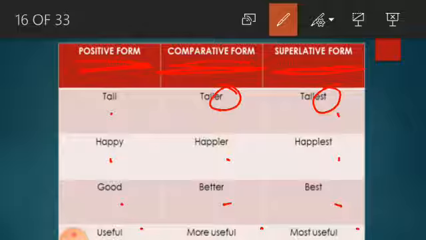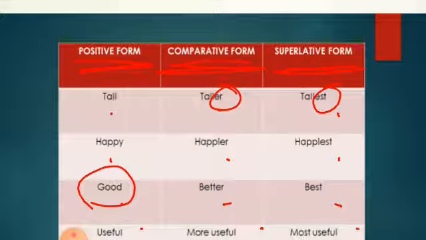But what about this first degree, positive form? When I am not drawing any kind of comparison, then it is positive form that I am making use of. Like, she is a good girl. So, did I draw any comparison? Did I say she is better than her? No, I am only saying that she is a good girl. So, here I will make use of the first degree, which is good. Okay, students, I hope you have understood.